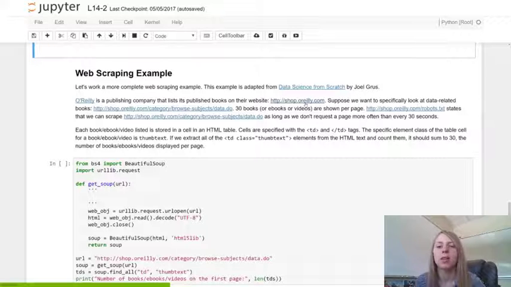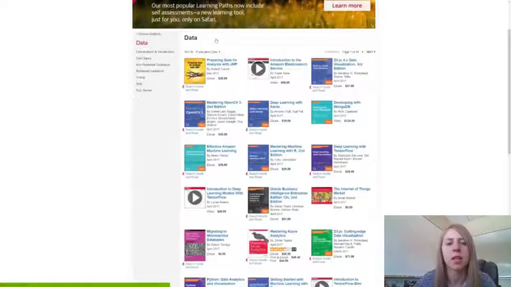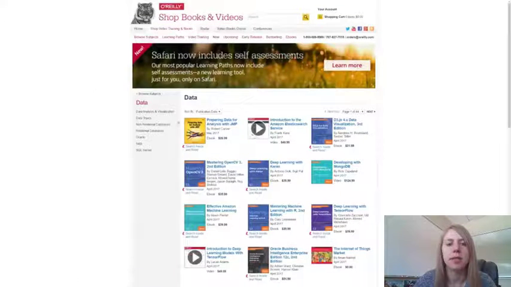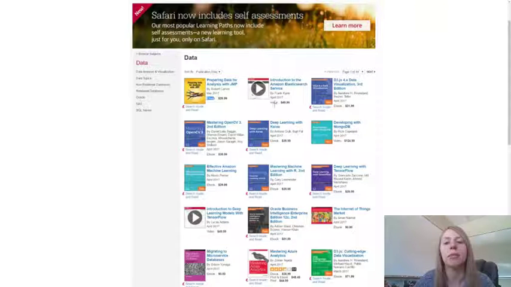Suppose we want to specifically look at data-related books, so data science, data processing, data mining, etc. Then we would type in data and we would see this website on the O'Reilly webpage. So we can see thumbnails for images, names of those books associated with those images, authors, publishing date, price, what kind of book it is, ebook or a video or